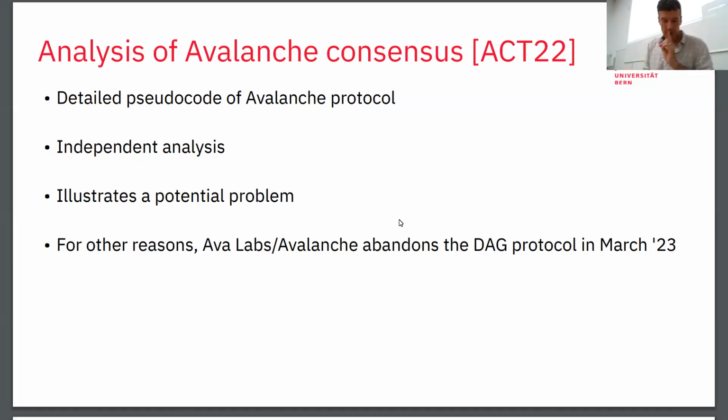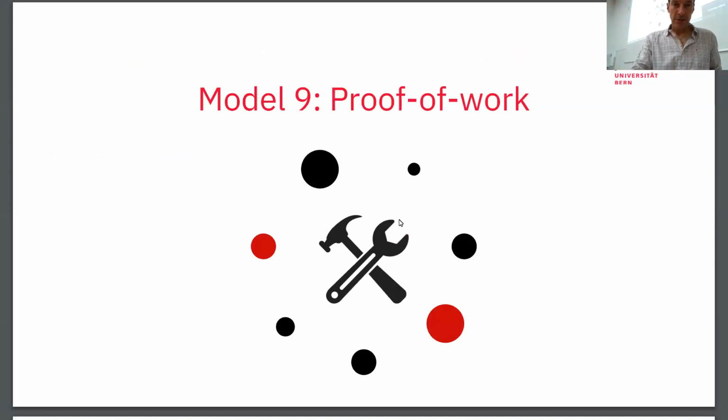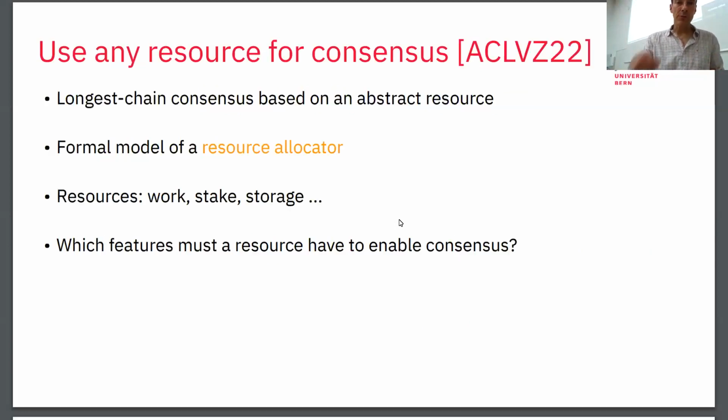Okay, I think I have time for one more. So let me look at proof of work, and it's not going to be long. I shouldn't really say proof of work here, but I should say any kind of resource. We have seen stake. Stake was a resource that has been used for consensus influence, right? You can vote based on stake and can probabilistically select on stake. You have these longest chain protocols that will elect a leader to extend the chain with a certain probability that depends on their stake.